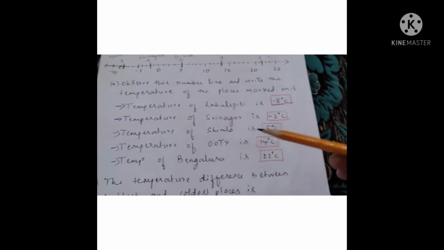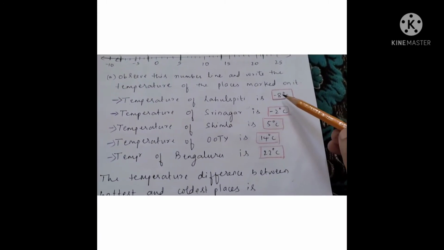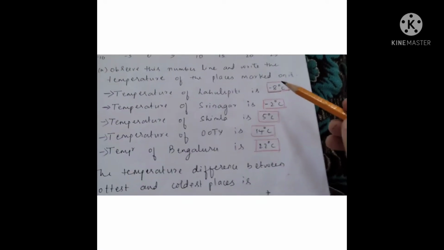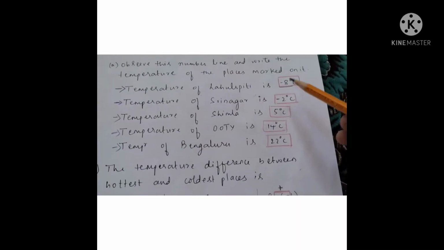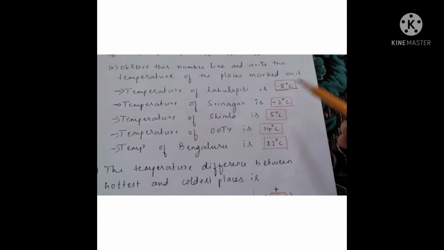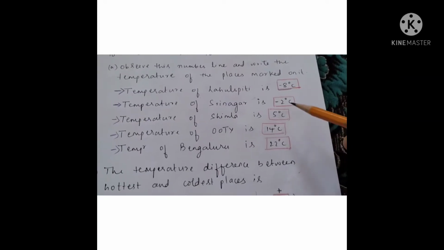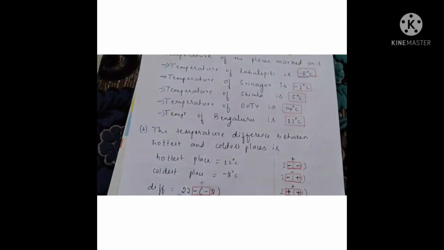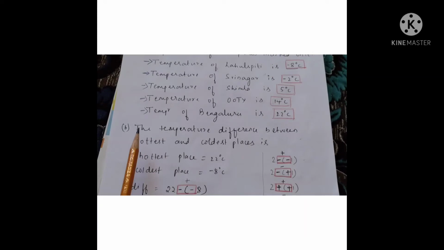One more thing, in sub question A, don't forget to write the units, the unit in degree centigrade, and before you answer in your test, please recheck the signs. In this chapter, mostly students miss on signs, the positive and negative signs. It means a lot. One positive sign and one negative sign means a lot.